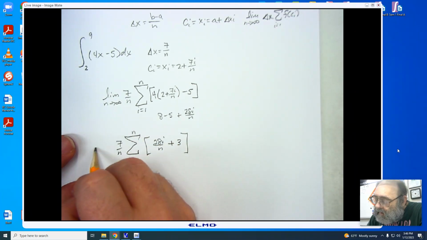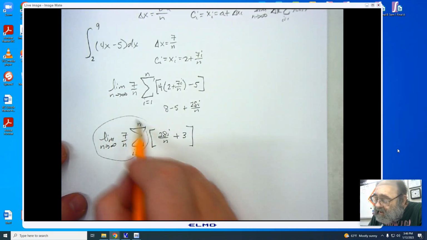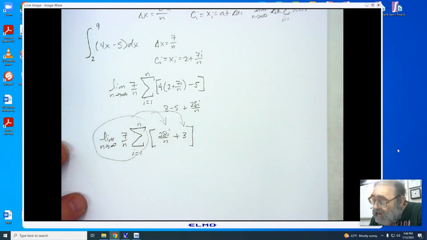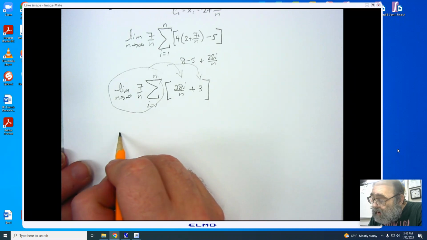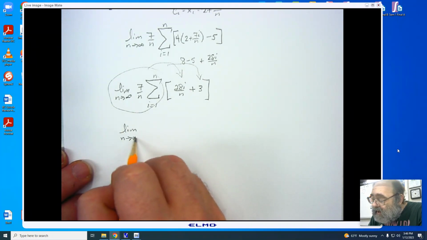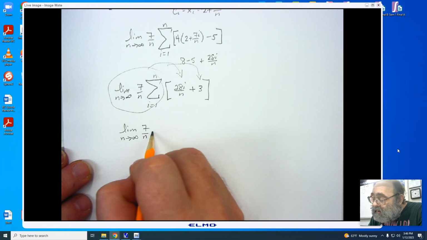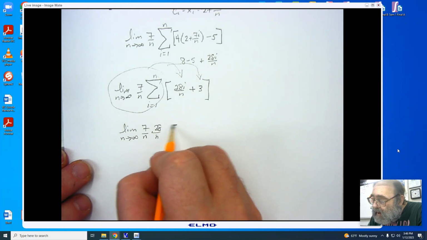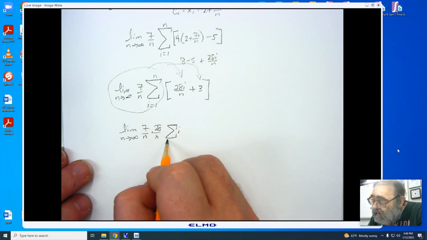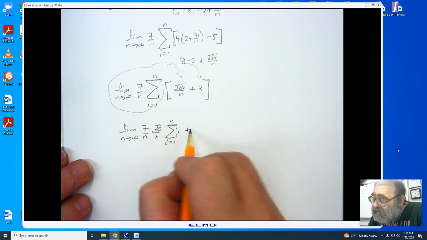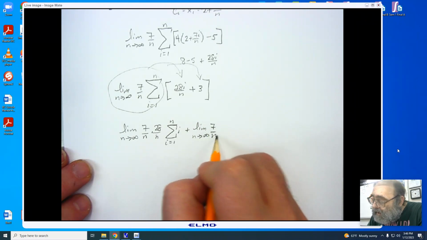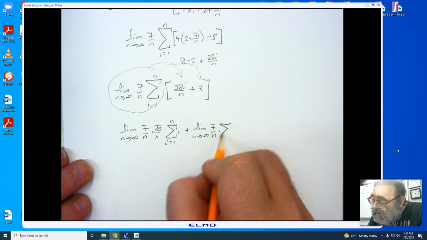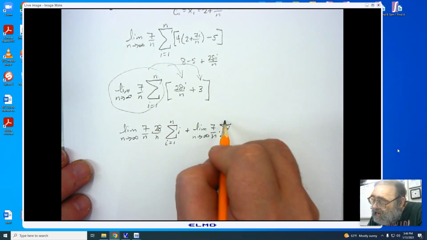7 over n, and we have the limit as n is approaching infinity. I'm now going to take this piece here and distribute it to both terms. As I do, I'm going to move the 28 over n out. Here we go. The limit as n approaches infinity for 7 over n times 28 over n times the summation of i, plus the limit as n approaches infinity for 7 over n times the summation i beginning at 1 to n